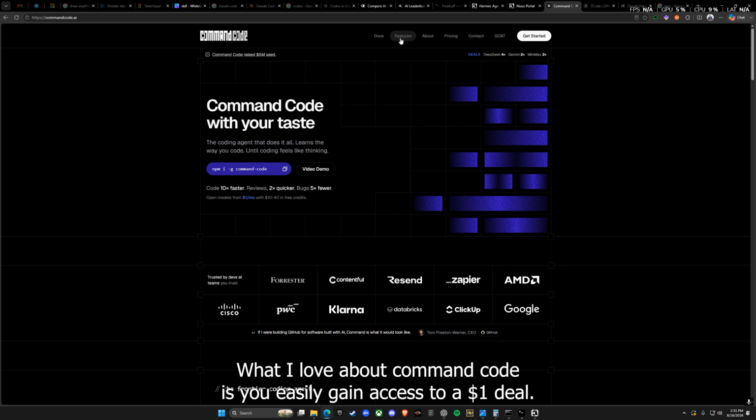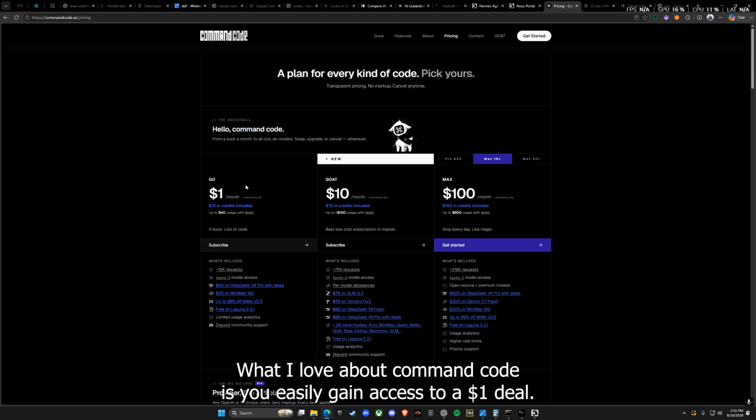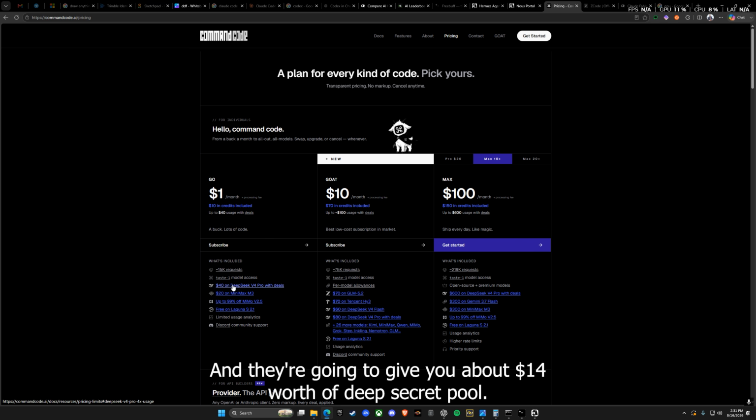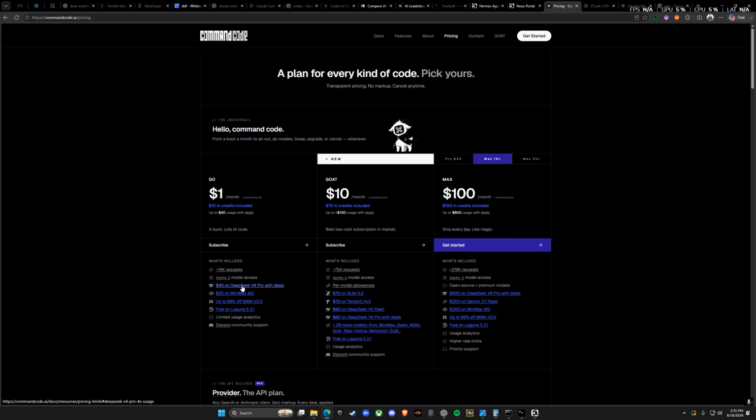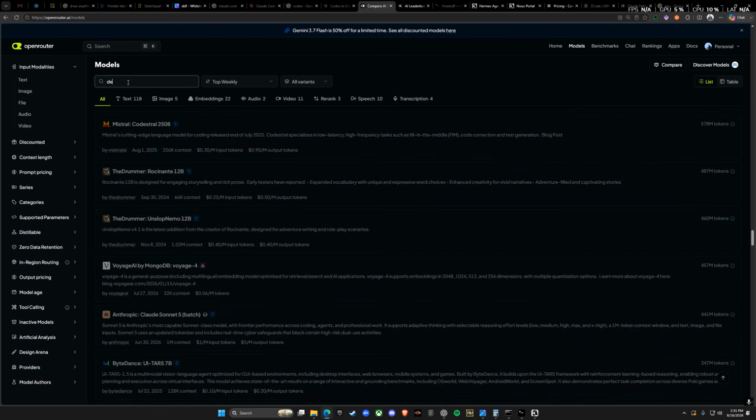But there's Command Code. What I love about Command Code is you easily gain access to a $1 deal. Yes, $1. And they're going to give you about $40 worth of DeepSeek Pro or the Flash usage. Now, don't forget, before you hit 1 million tokens on DeepSeek,